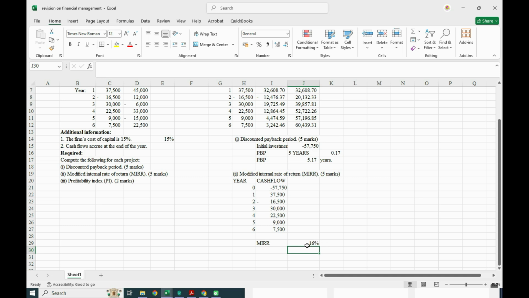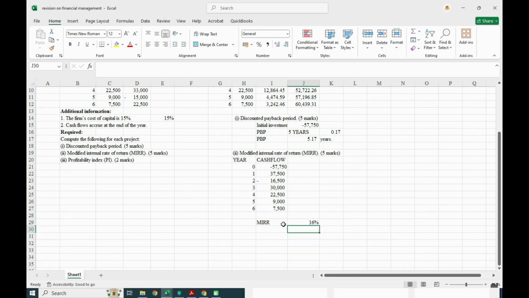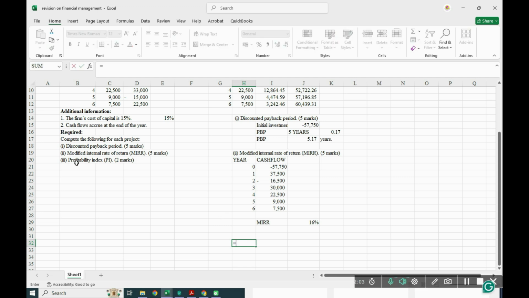So if you are to give advice, they should invest because MIRR is higher than the cost of capital. If it is less, then you should not invest, but because it is higher, then you should be able to invest on that. Then the number 3, now we have the profitability